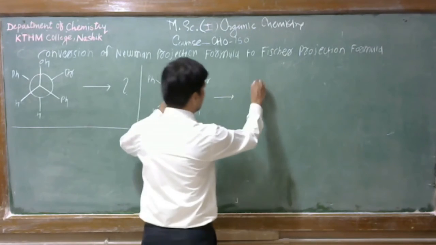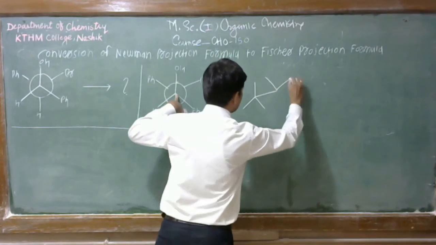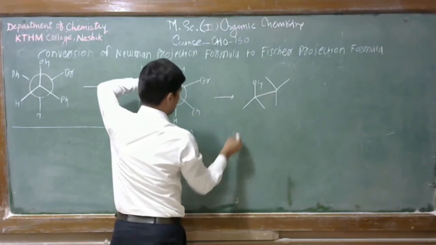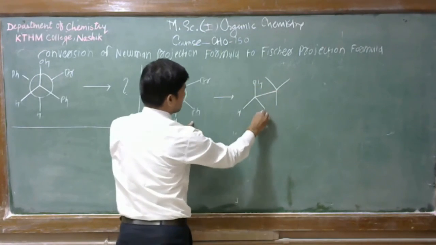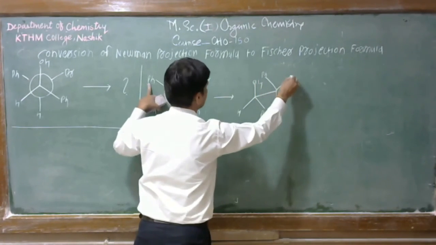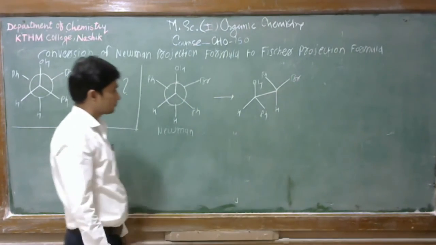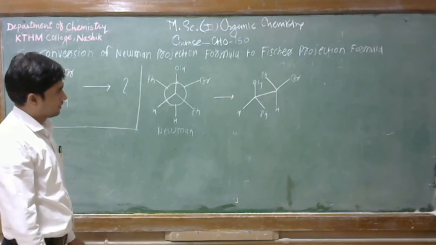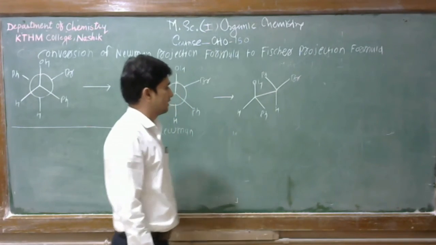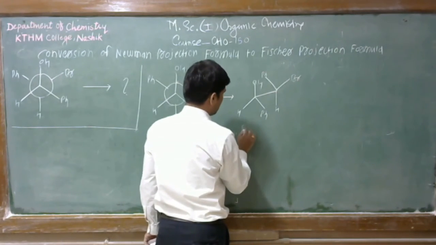If this is the front carbon atom that we draw here, and this is the rear carbon atom that we draw here, see, on the front carbon atom in the above position there is an OH, to the left-hand side there is hydrogen, to the right-hand side there is a Ph group, and on the rear carbon atom on the left there is a Ph, on the right there is a bromine, and on the below there is the hydrogen. Friend, if we observe this structure, then we can say that this is the staggered Sawhorse form.